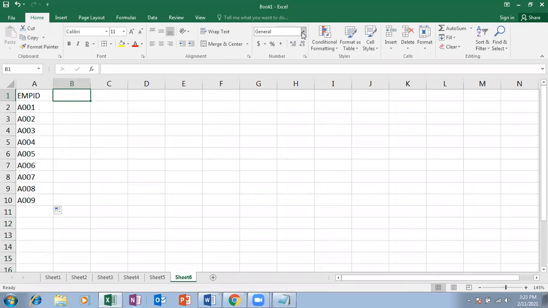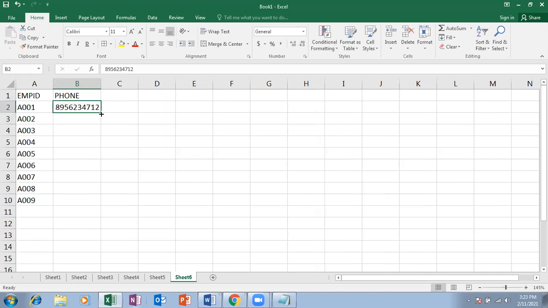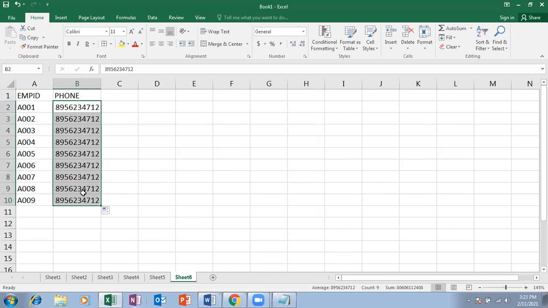And the next column, I'm going to enter only numbers, something like this, 4 numbers. Click on the arrow mark, fill series.